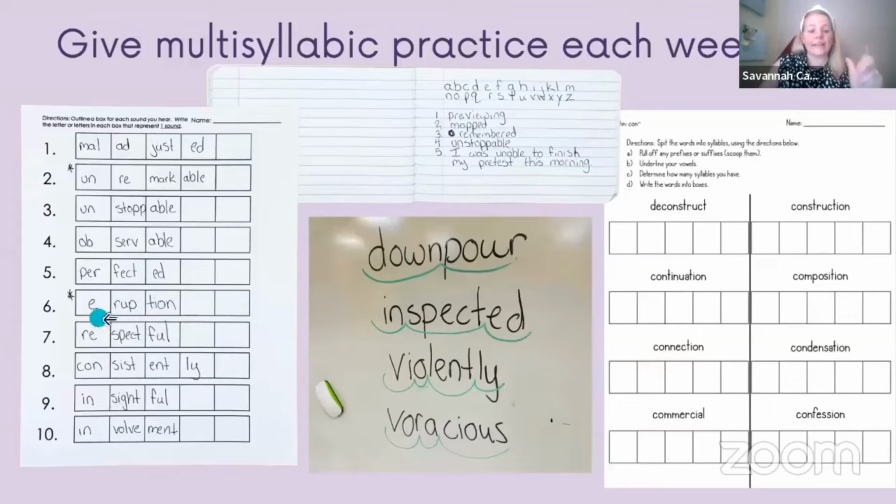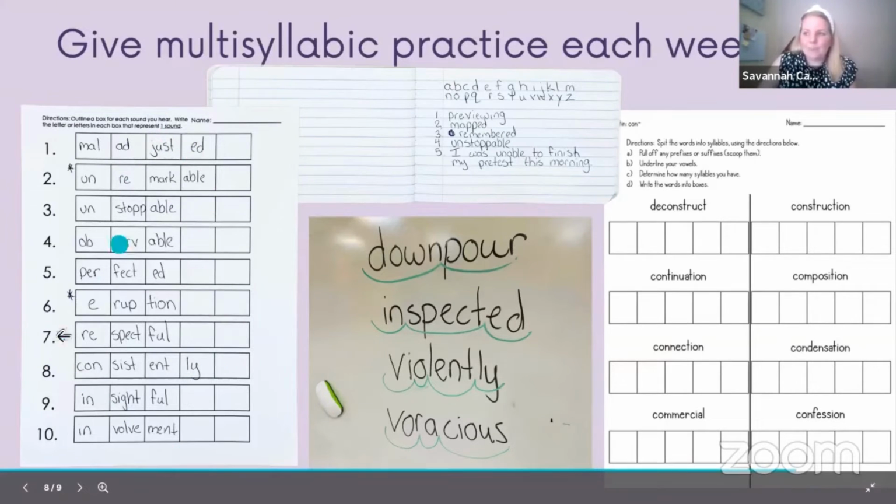So technically eruption, the T should be with rup. But I teach my kids TION as shun, and so they keep it together. So you can see it is just not as clear cut as single syllable words, and I think that's why it's been so difficult for us, right? Like it's not like I can teach you that a digraph th makes the th sound, but when I get to this